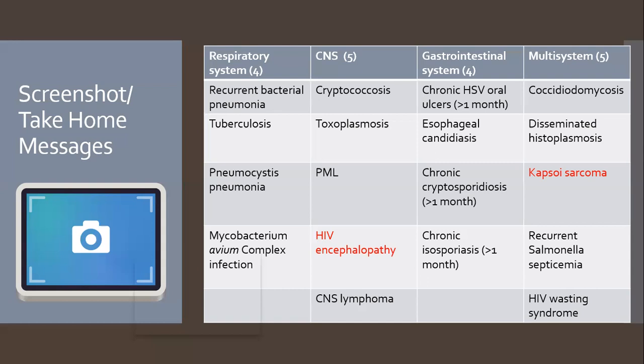In the respiratory system, the 4 important opportunistic infections are: bacterial pneumonia, which is treated like in the general population. Streptococcus pneumoniae, H influenzae. Treatment is with 3rd generation cephalosporins and macrolides. Tuberculosis is treated in the same way, but ART should be started after starting ATT to prevent the occurrence of IRIS. Pneumocystis pneumonia, treatment is Cotrimoxazole 1 double strength tablet BD for 5 days, followed by secondary prophylaxis